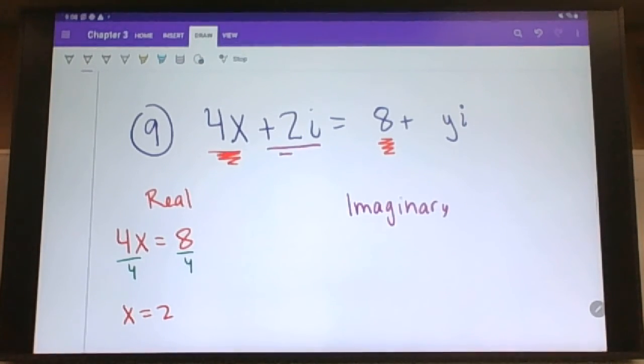The 2i and the yi are considered the imaginary parts. And the whole purpose of you guys doing this as an exercise is just to start you thinking about these